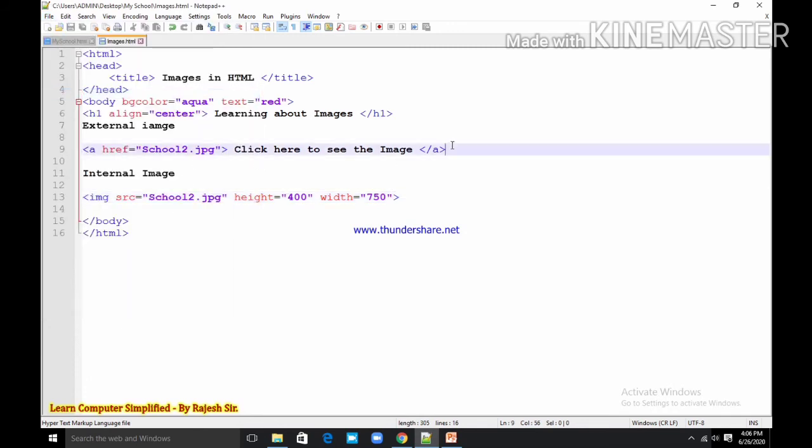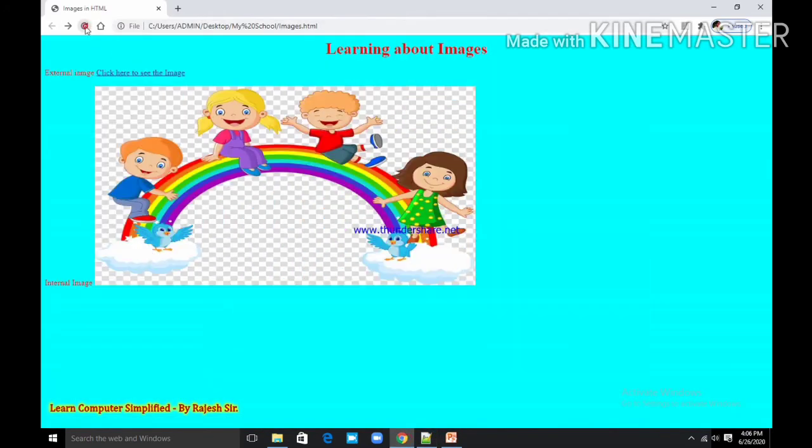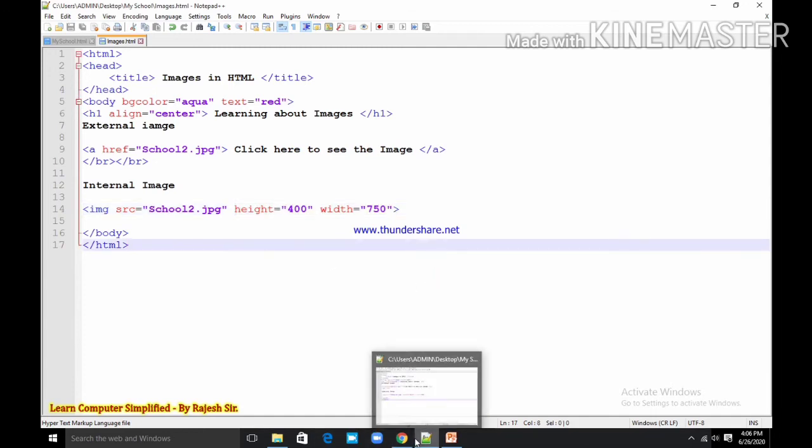So here I am adding one tag that is called BR tag, break tag. File, save. Let us see. You can see the dimension of the image is automatically changed. How? Because I have added here height 400 pixel and width is 700 pixel. Okay, so these are the basic attributes.